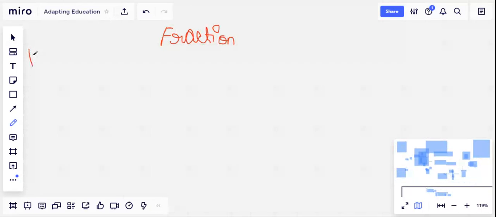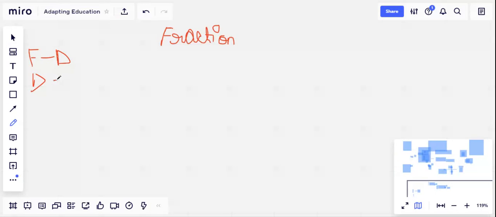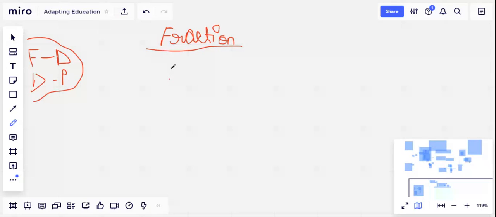Fractions will be connected with decimals, then decimals to percentages, percentages to decimals and all. So we are going to make an interdisciplinary connection between these. Now if I take the fraction 2 by 10,